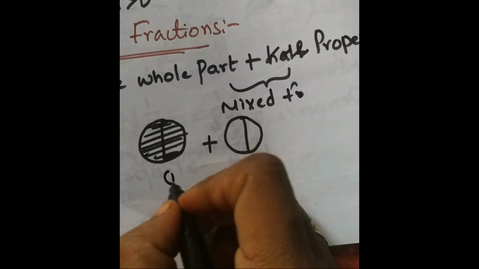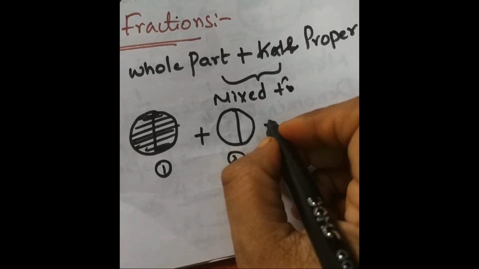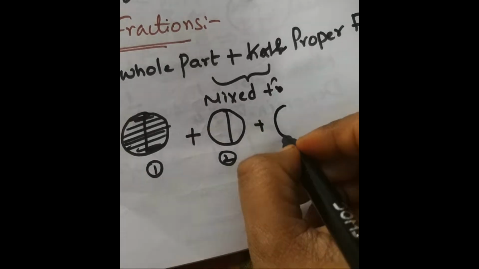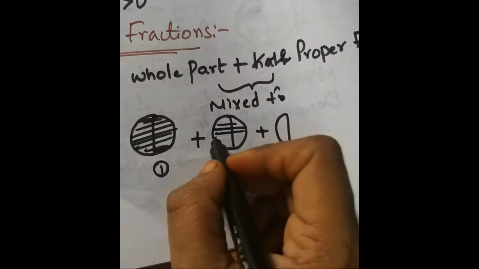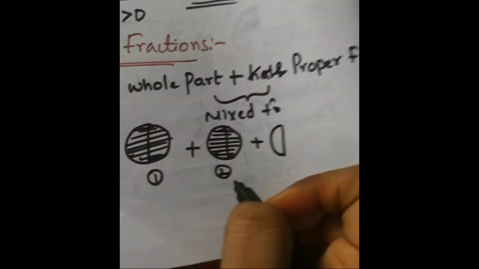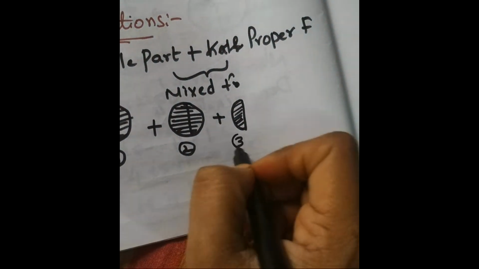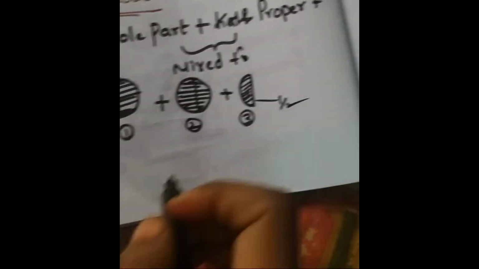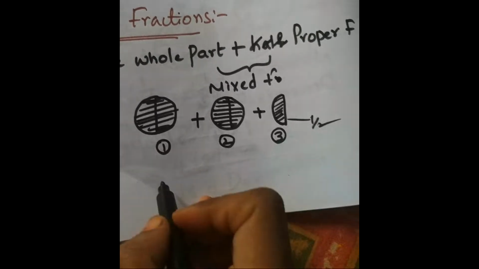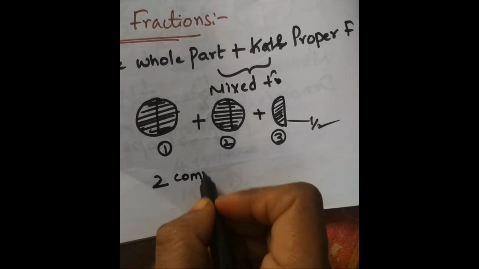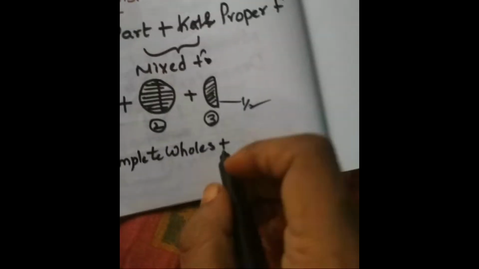Okay, this is one whole part and another whole part, and I am taking another one, that is a half part. So what is this? Here also I am shading two parts of the second whole part, and the third part is shaded, that is a half part. Okay, this is half shaded. This means we have two complete wholes plus one half,